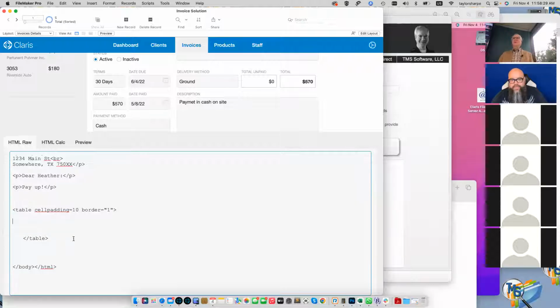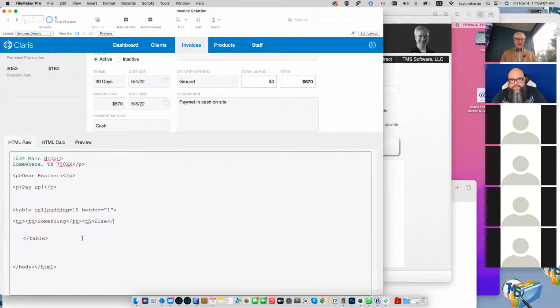So how do we do a table? Tables are just like we have paragraphs and breaks. We have ways that you start a line. I think of it as a line or a row. You just say TR, which I think R stands for row. So in the table, we're starting a row, and we need to have a header. TH is header. So we're going to have something, and we have to close our TH,